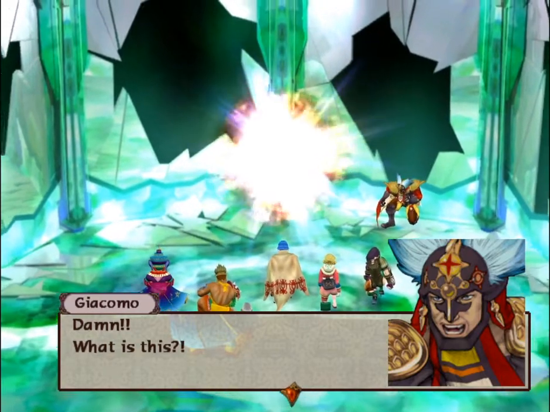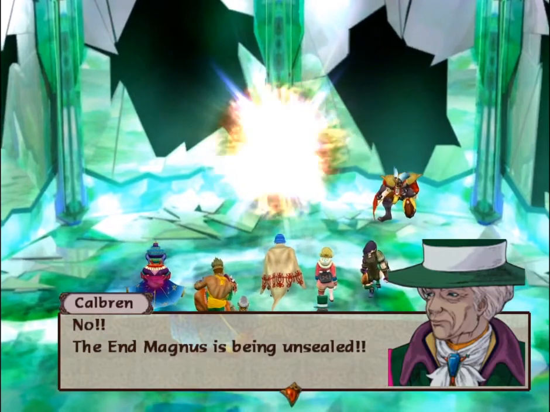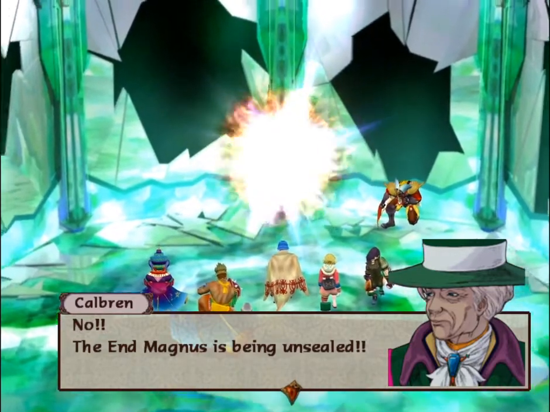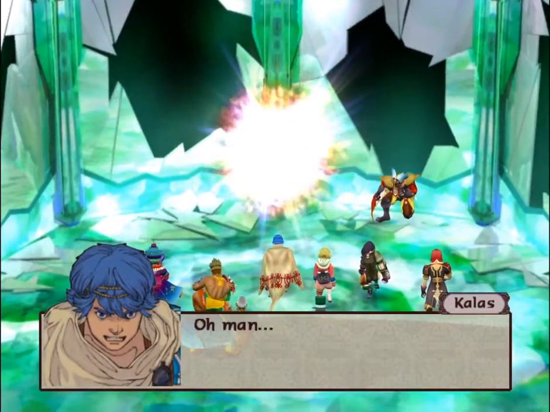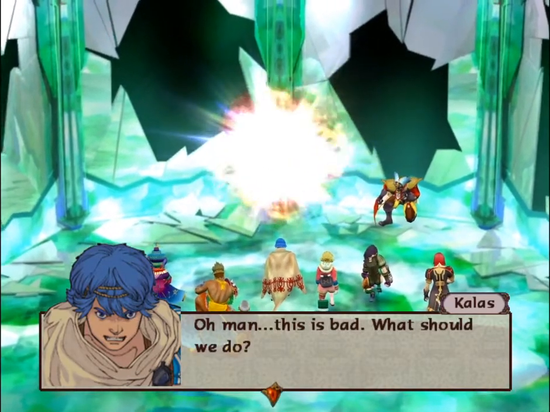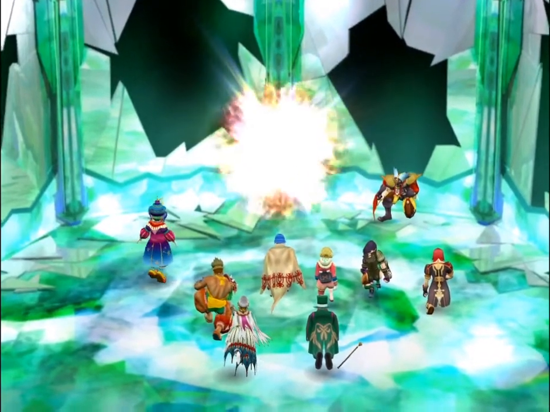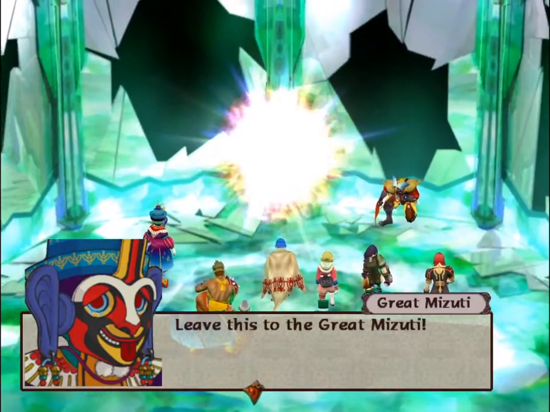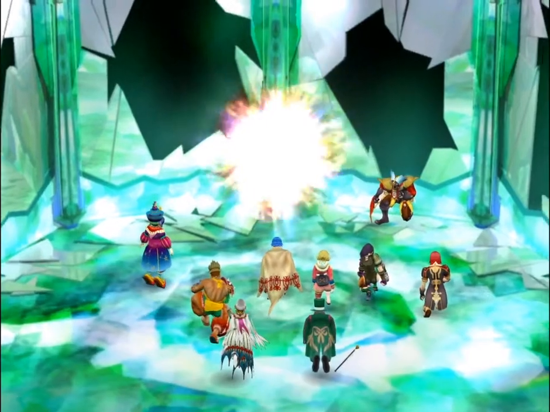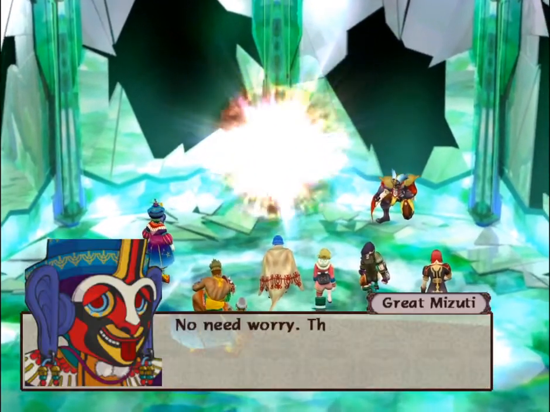What is this? No! The end of Magnus is being unsealed. Oh man, this is bad. I mean, wasn't this the eventuality that they were trying to bring about? Yeah, but this is only one of them, and they need all 5 doohickeys for whatever their plan is, so...